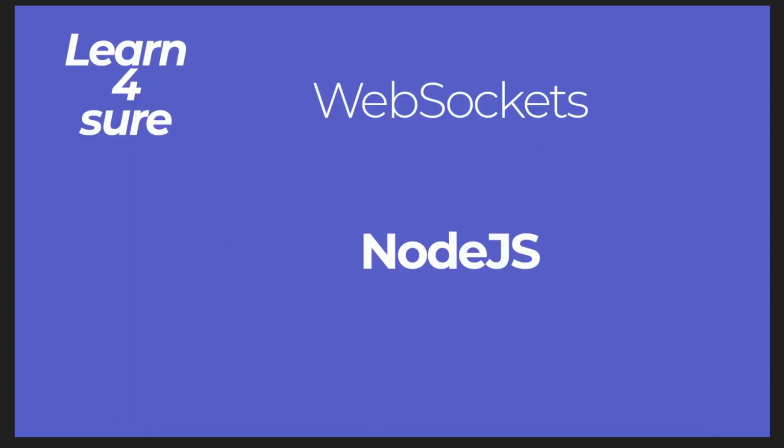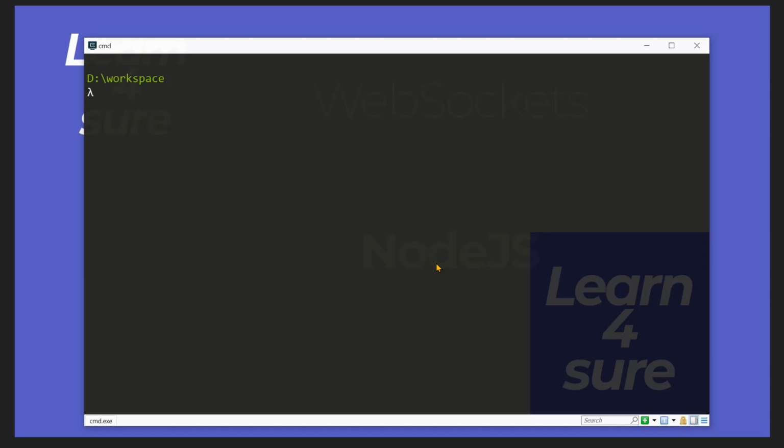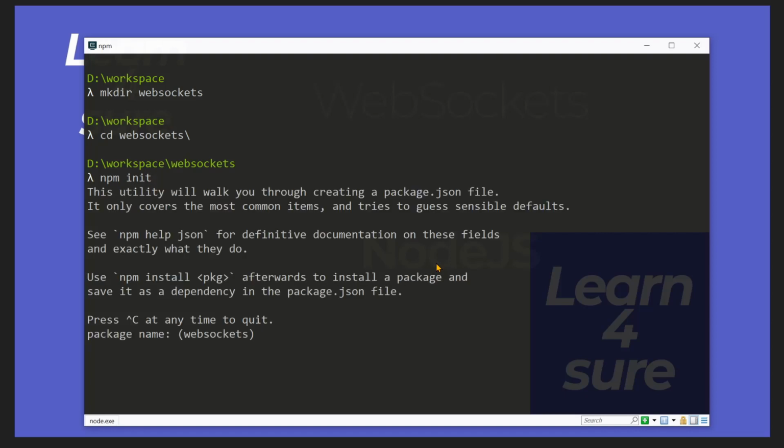So I'm gonna be creating a new workspace, or new folder, for myself. Let's call it WebSockets, and let's go inside it. And of course, since we are using Node.js, you may know already that for Node package management we have a tool called npm, Node Package Manager, and this package manager allows me to initiate a package.json file for a project. So you just need to do npm init,